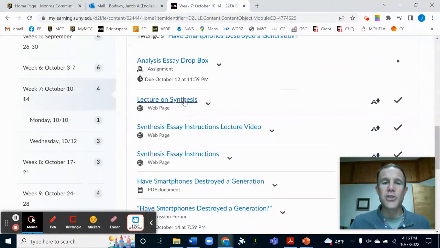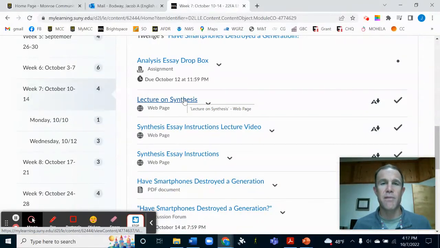You then have a lecture on synthesis. We're moving into the synthesis unit after the analysis unit. Unlike analysis, where you take things apart to see how they work together, synthesis is where you bring in outside sources, all right, to strengthen your argument. So what you'll be doing in this unit is coming up with an original argument about smartphones or social media,